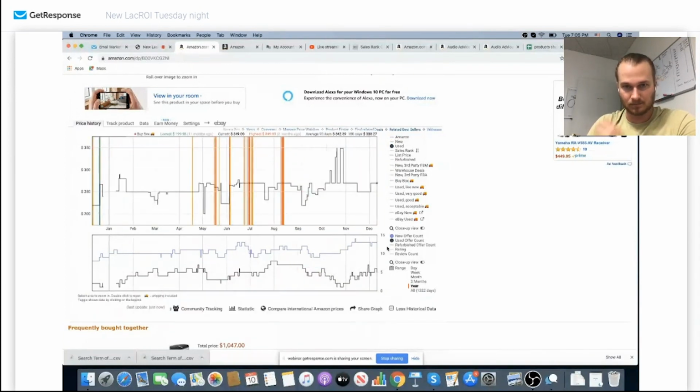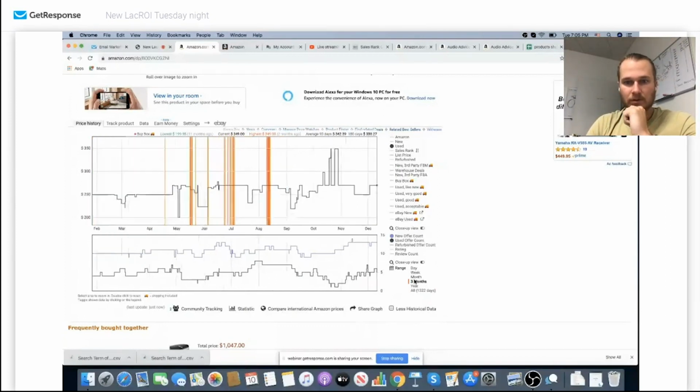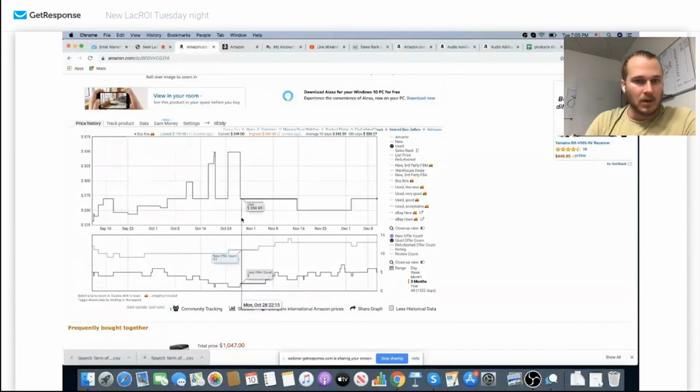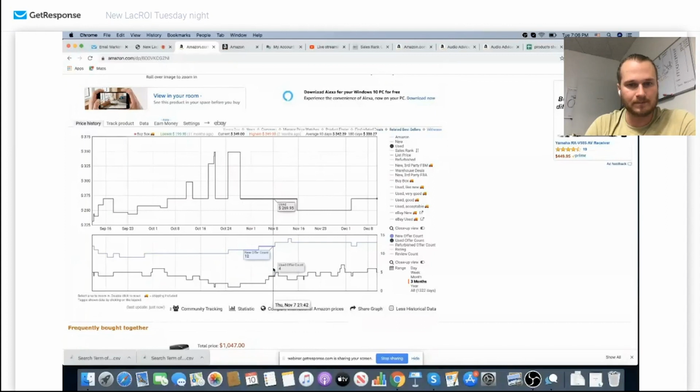I'll get rid of everything here. We're just going to do 3 months. So you can see somebody's the only offer right here, because there's one offer count, and the price is at $350. There's only one person selling this for $350, which is the price of new. And you can see when it drops down, the offer count goes to 2. Somebody starts selling it at 270, right? So 270, 270, 270. People are starting to jump in here,